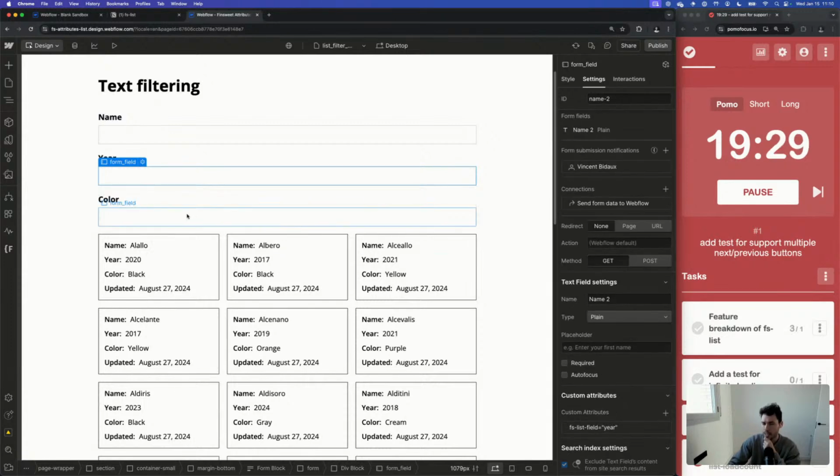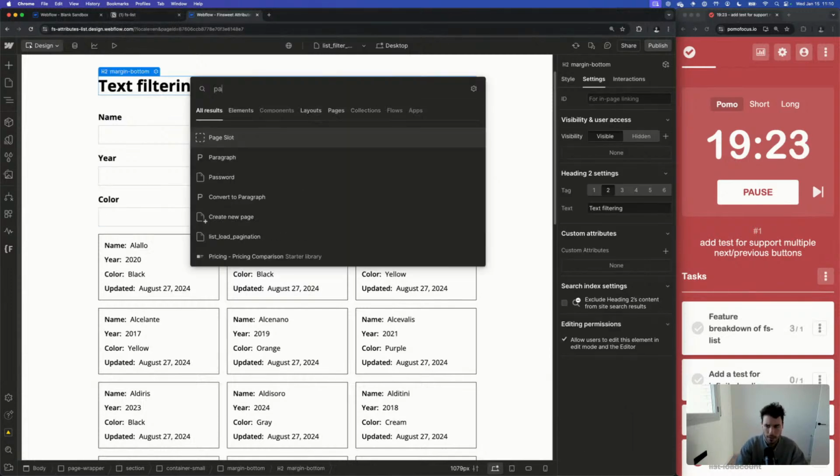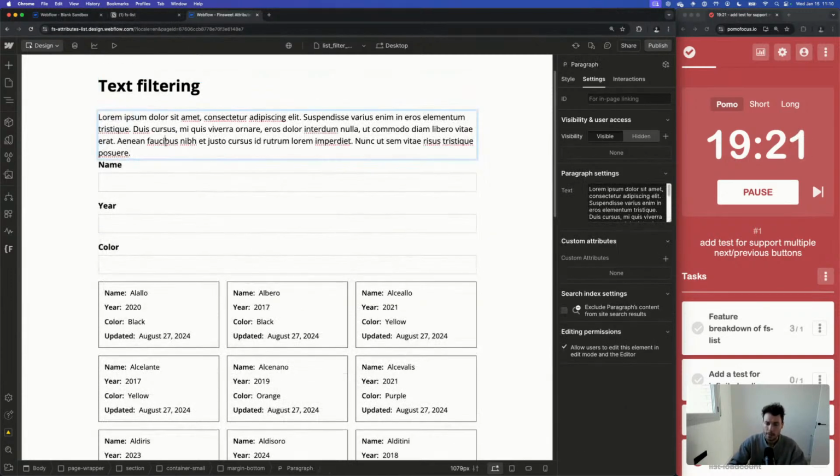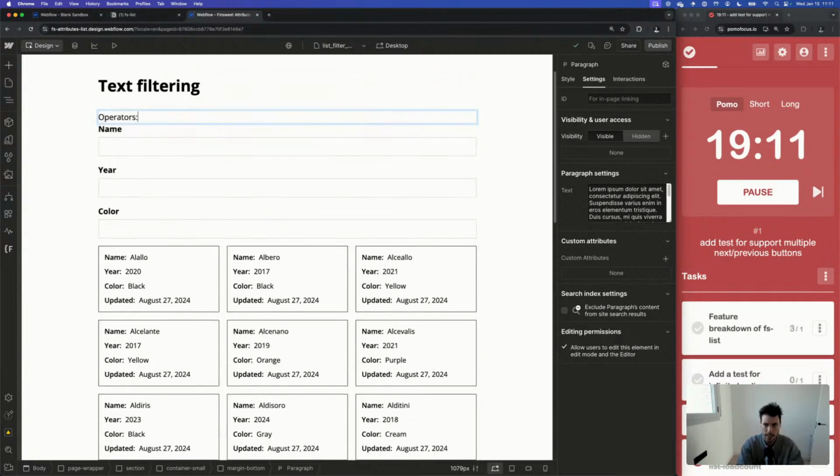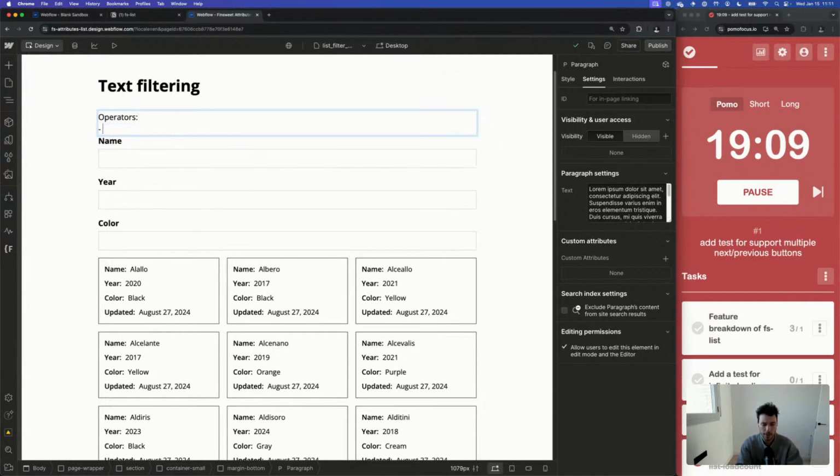The year and the color, but we actually have a few things that we need to consider. I'll just put it in here. Because when doing filtering, not only now in Attributes V2, we can use the fields, we can also add operators. And the operators allow us to define different ways of matching things.